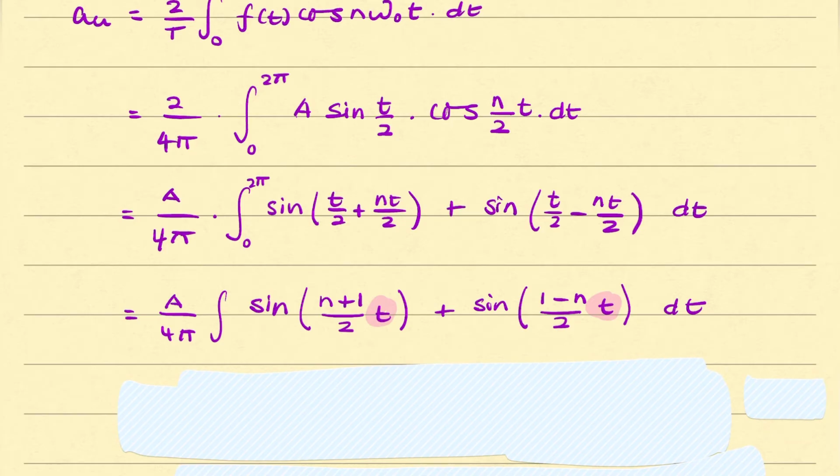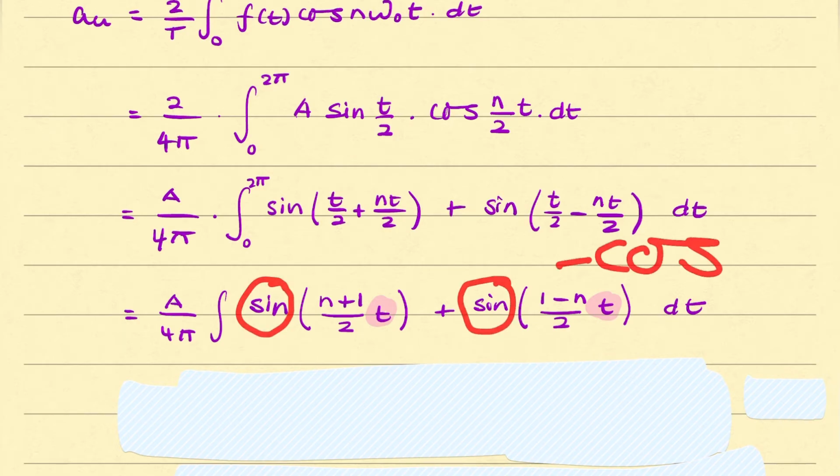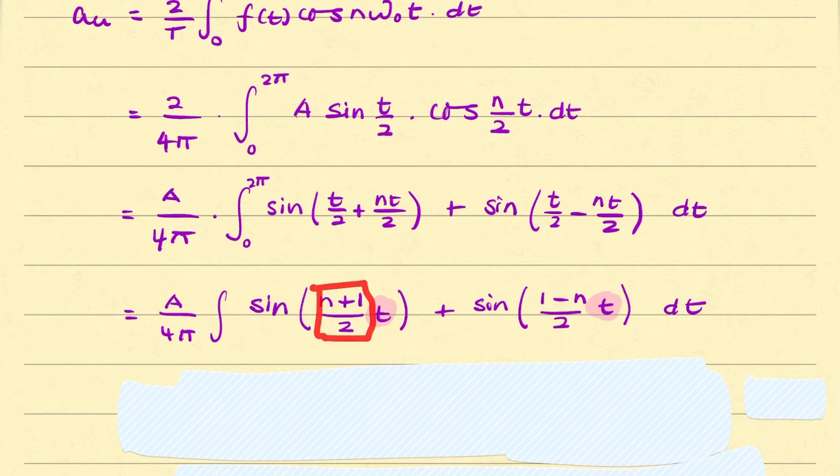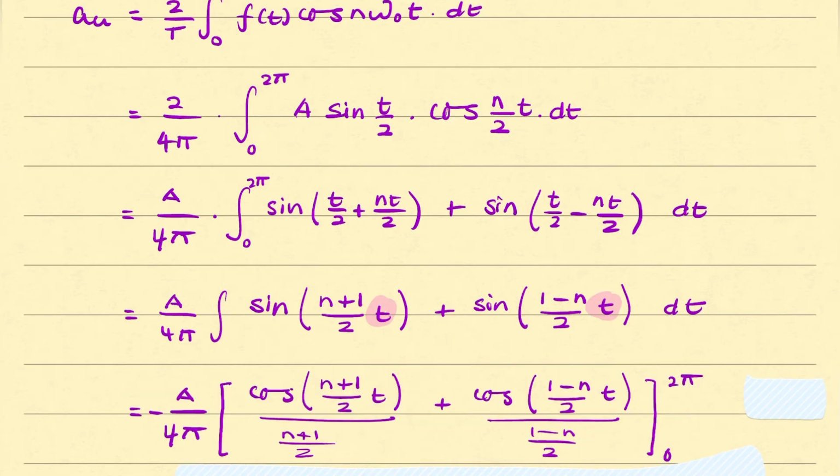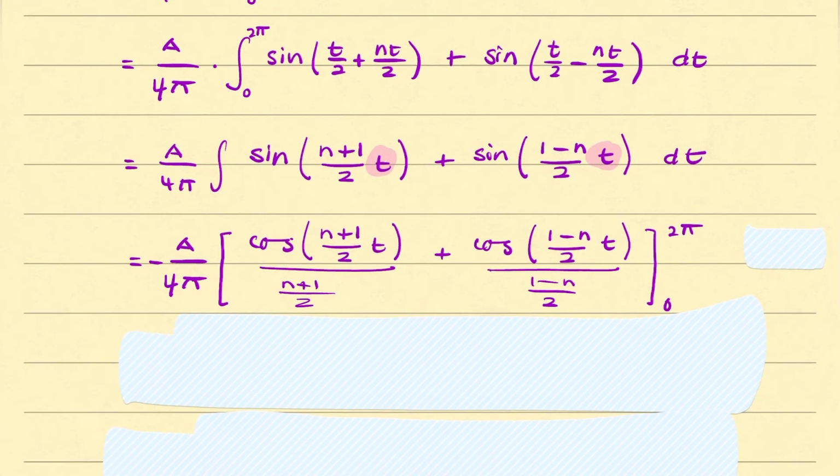So now to integrate this, we would simply replace these with minus cosine and then divide by this coefficient here. So sine would become minus cosine, and this sine would also become minus cosine, and then you just divide by